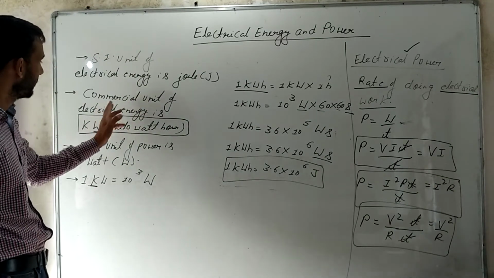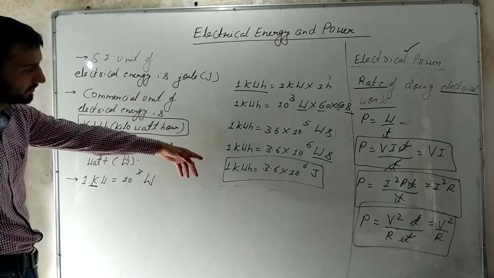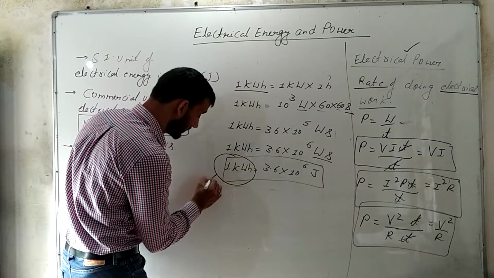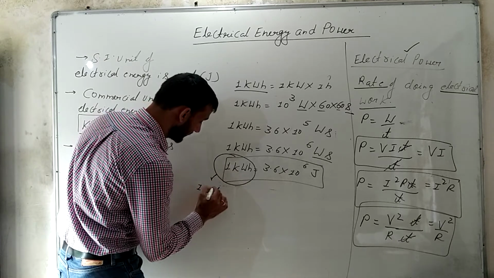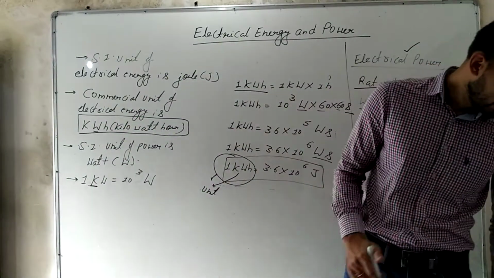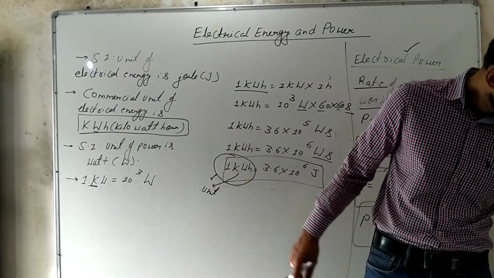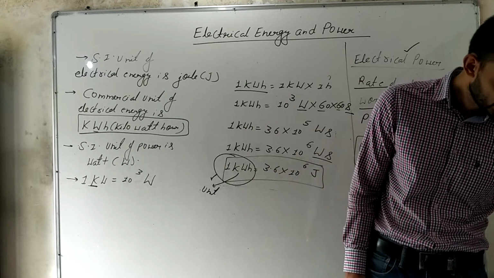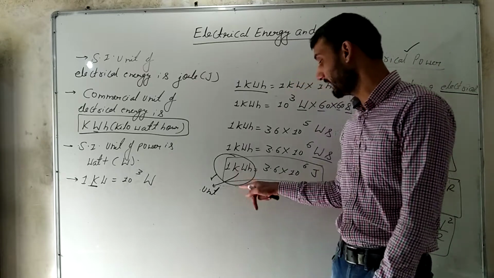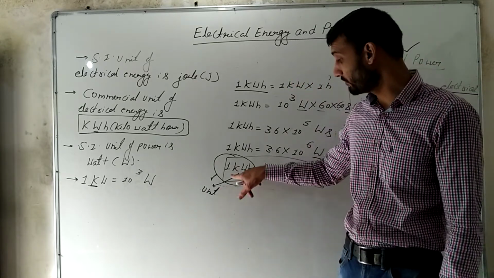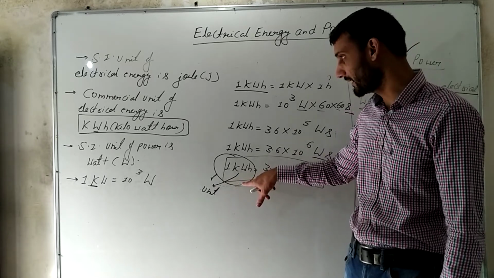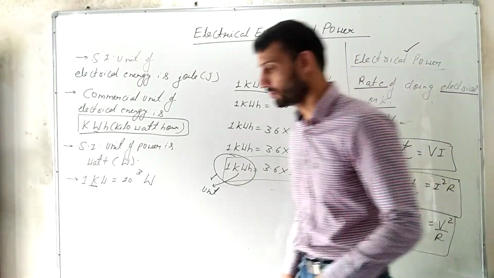So this was the commercial unit of electrical energy, which is kilowatt hour. I told you the relation, and you must remember that this kilowatt hour is also known as unit. In some of the numericals they mention it as unit, so you should know that this can be written as unit also. Okay. So household consumption of electrical energy is measured in this, and we will be doing numericals and calculating the electrical energy consumed by any house. Okay, how we do that.